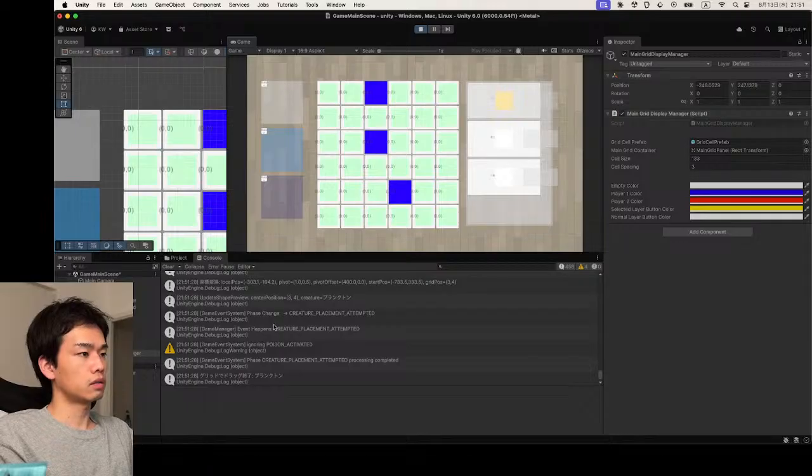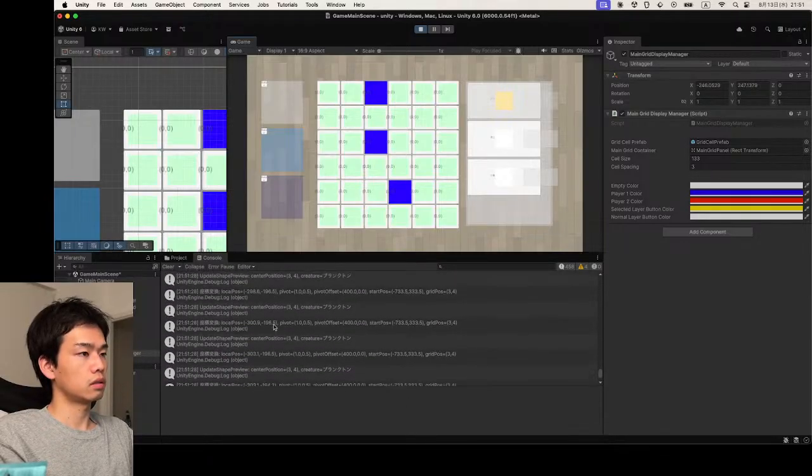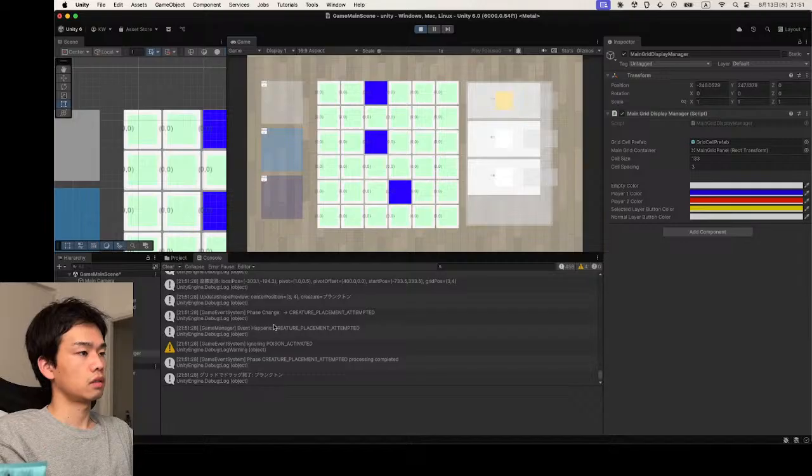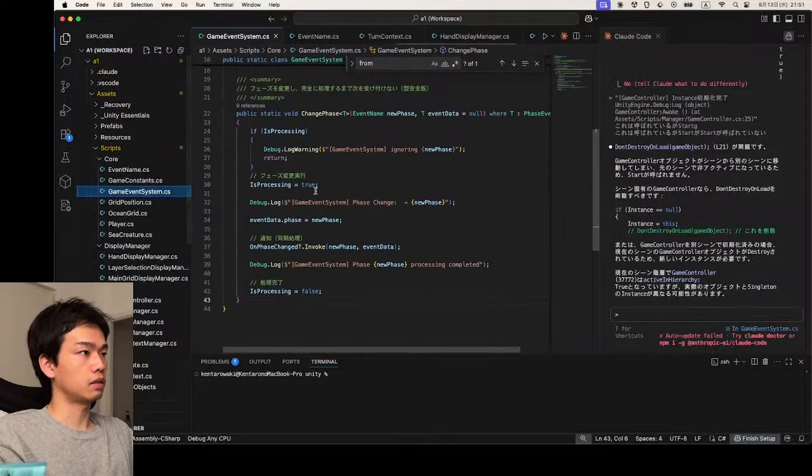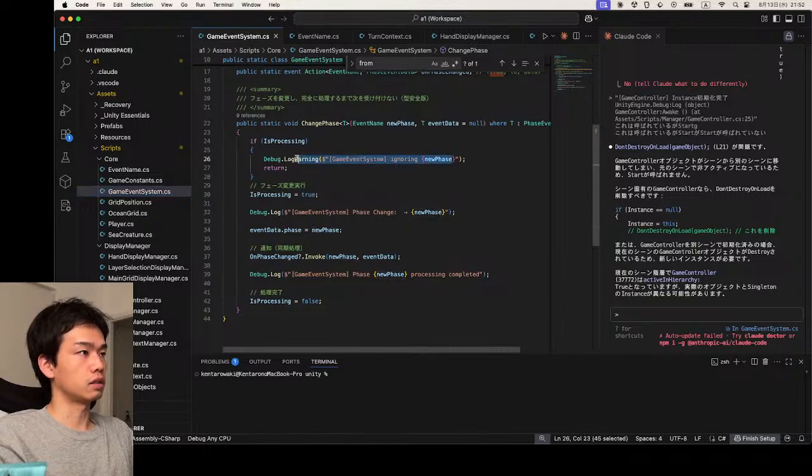The event happens on the single loop, so I didn't expect the message ignoring poison activated. Poison activated ignoring means is processing is true, so